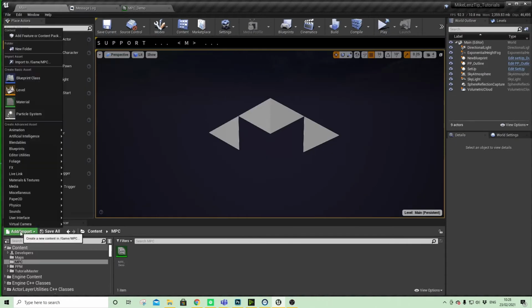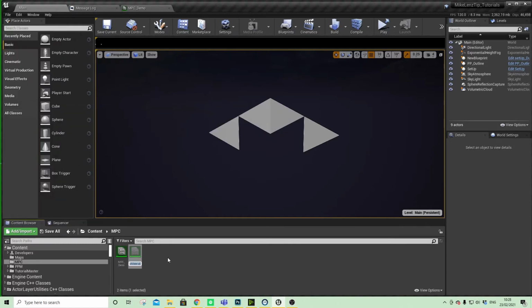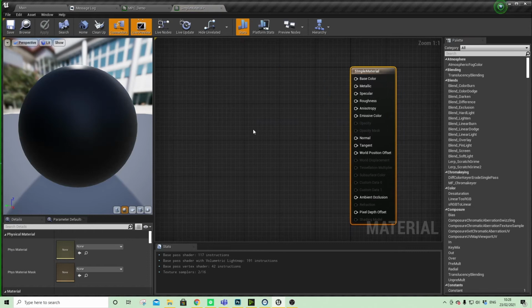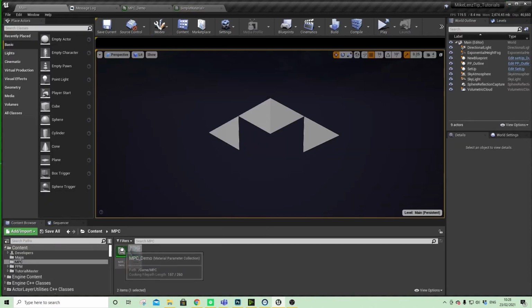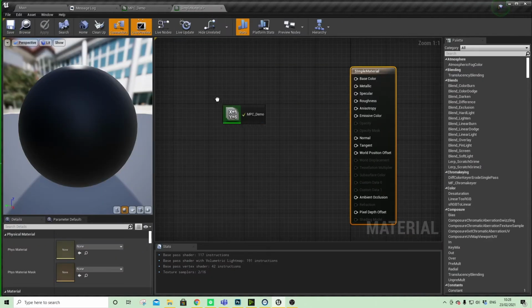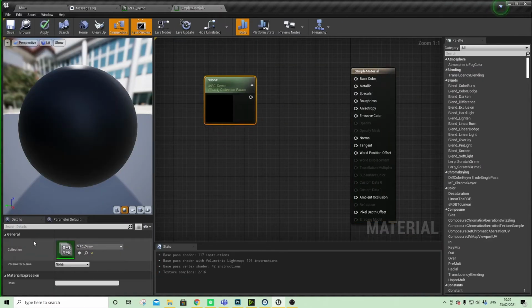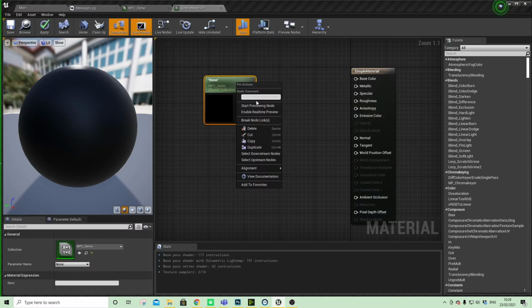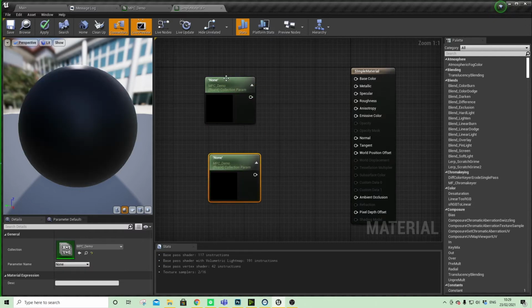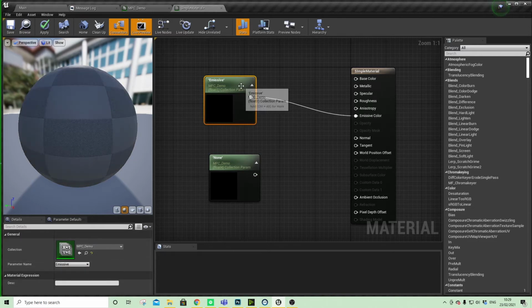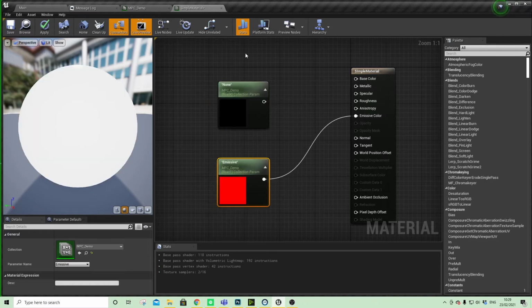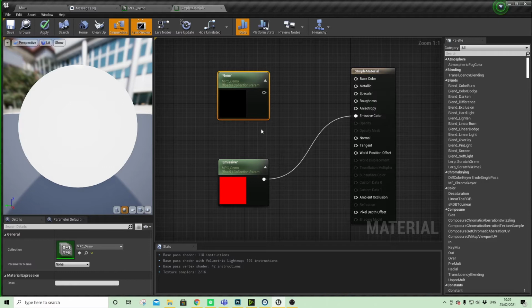So how can we then go about using that within a material? So let's set up a simple material. Now we'll just work with the default setting, but what we'll do is drag our material parameter collection into our material. Then on the left hand side you'll see there's a drop down, so we need two. I'm going to duplicate that. So we'll have one which can be our emissive, which I'm just going to plug straight into that. Remember that was just 1, so that's the default setting anyway. And then we can choose our vector for the color,